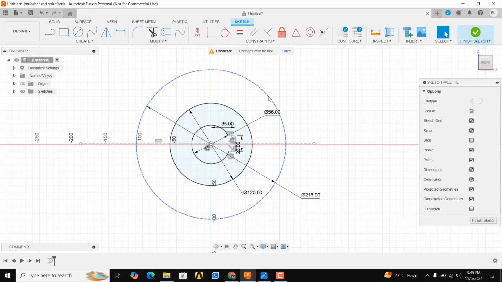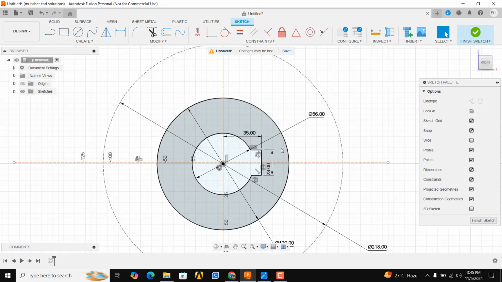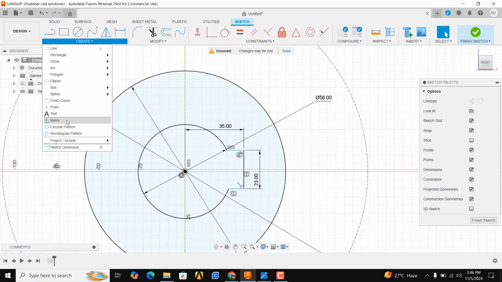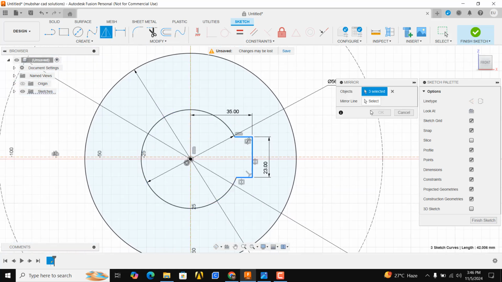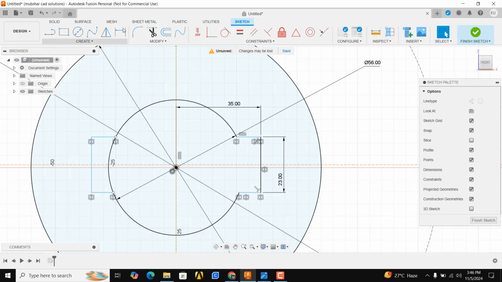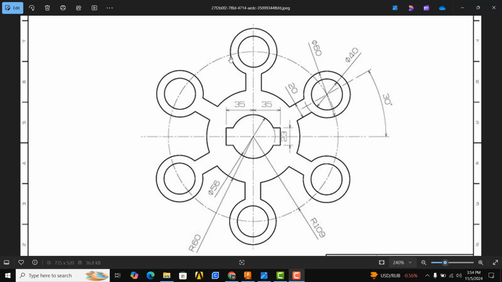For that I will create another line. This is also a construction line. Go to mirror and select these lines and mirror about this line. Click OK and trim this one. Now I will create these circles,